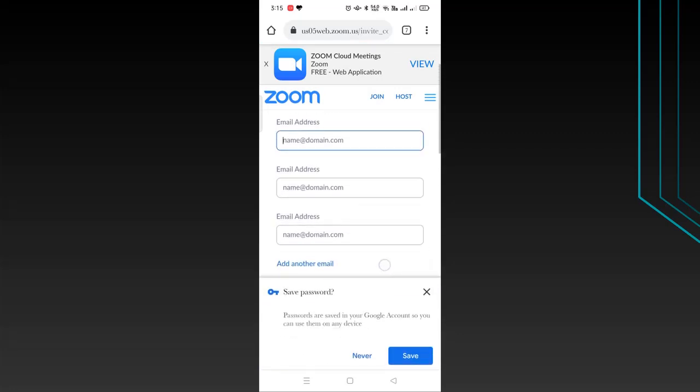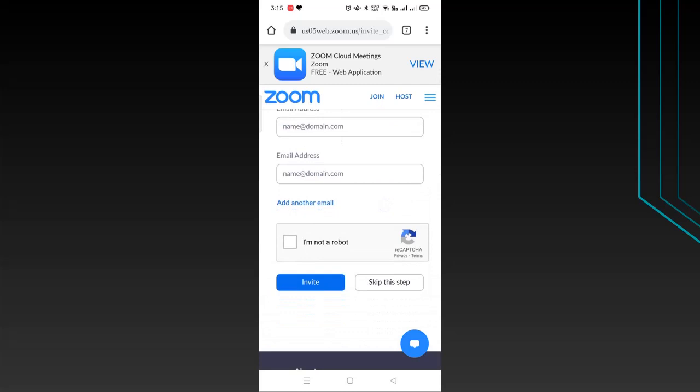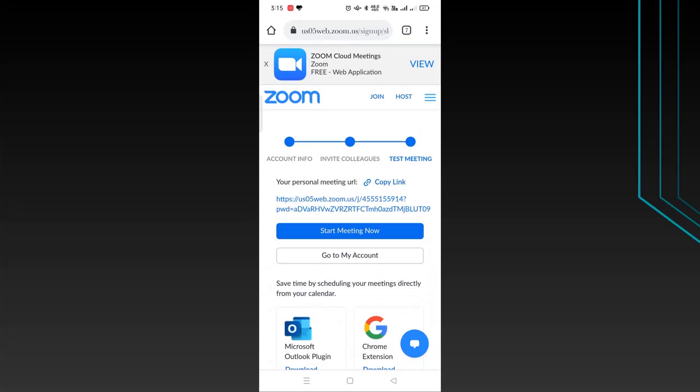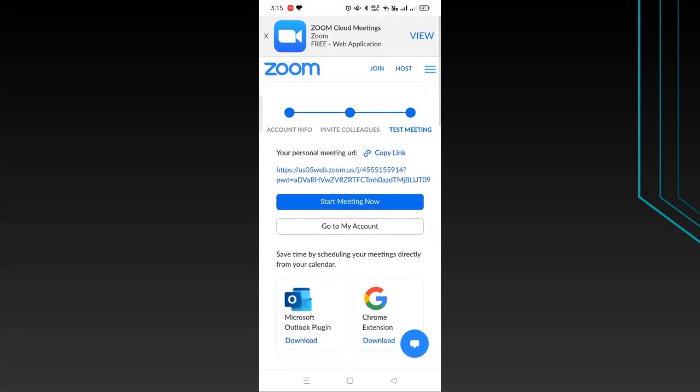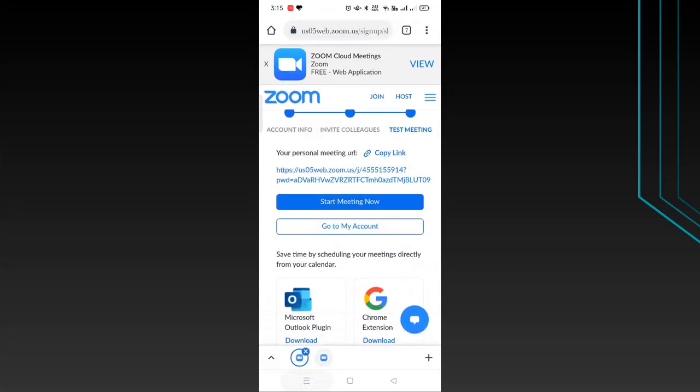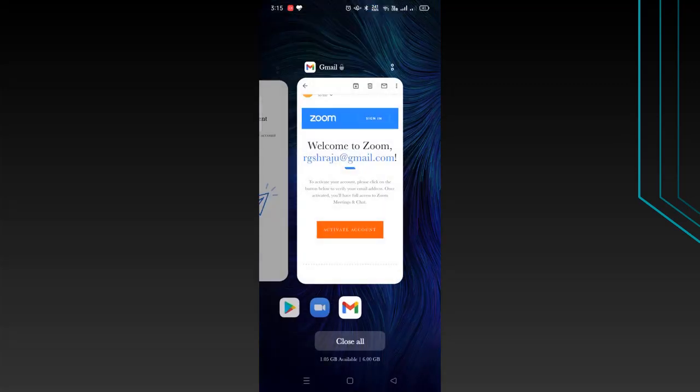If you have colleagues to invite to create a Zoom account, you can do that, or else you can always skip the step. Click on skip the step. Okay, so it is showing there is a personal meeting URL. If you want to have a test meeting, then you can send this meeting URL to your friends, or there's an option to go to my account. Okay, so I'll go back to the app.